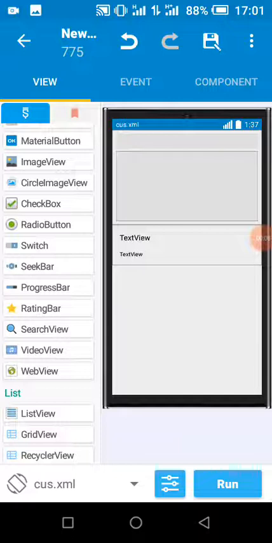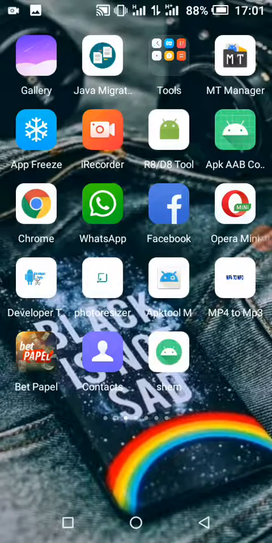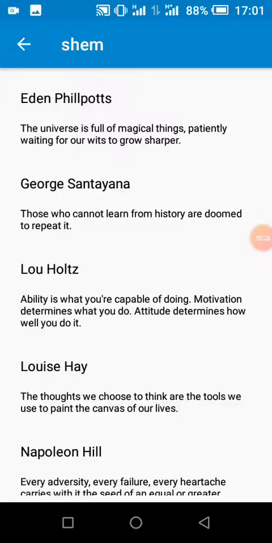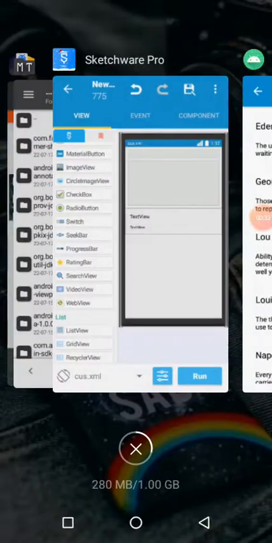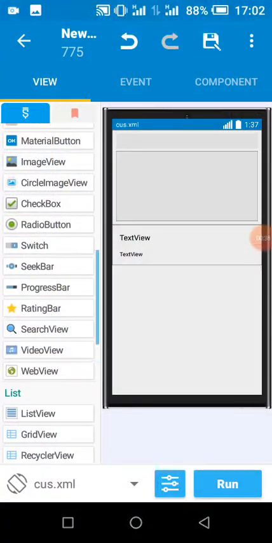So let's begin. Before we go into the programming part, let's take a look at what we'll be doing today. This is my app made with Sketchware. It loads a dummy animation before the main data loads. So our dummy animation will load before the main animation. Okay. As you can see, this is our dummy animation. Now,